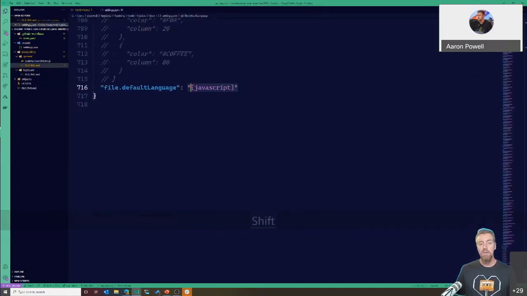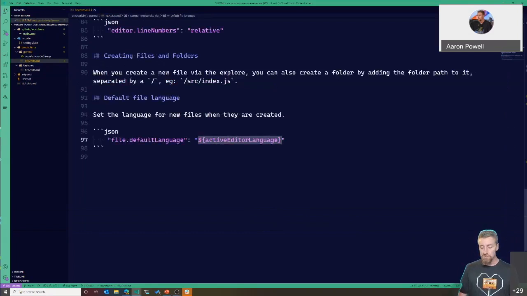This is a dynamic variable provided by VS Code. What it'll do is work out the language of the editor that you've got open, well, the most commonly used language, and then default the file to that. So if you're working in a JavaScript project, it'll default to JavaScript files. If you're in a .NET project or a C# project, it's C#. When I'm running my blog, it defaults to Markdown because the majority of the content is in Markdown. But that's enough in generalized settings.